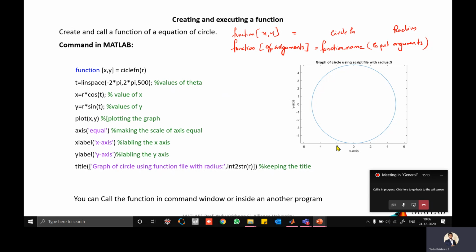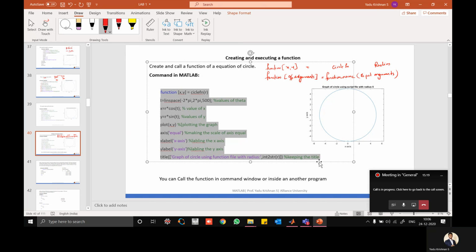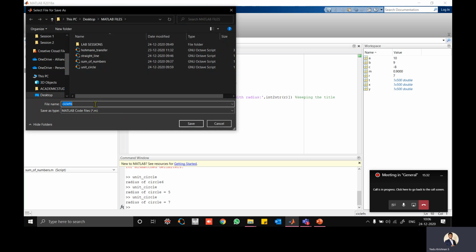Now, how to execute this one? I'm going to take this program and write it as a function. Let's go to the script file again. Okay, now I cannot run this file. What I need to do is save this file as circle function.